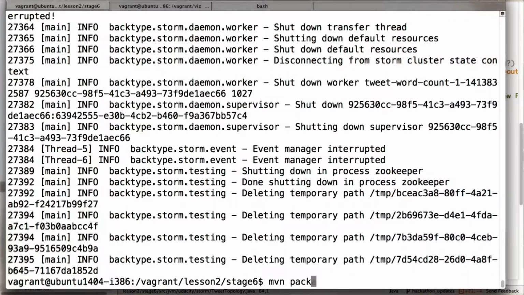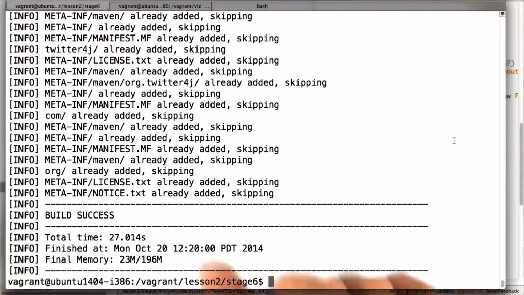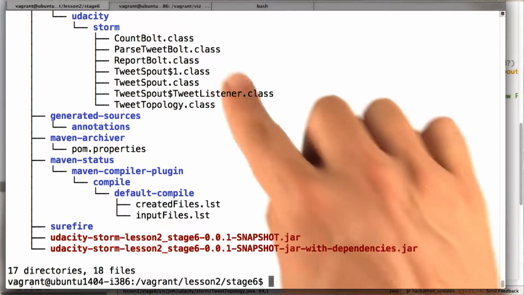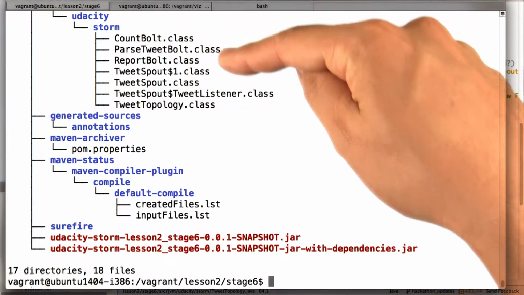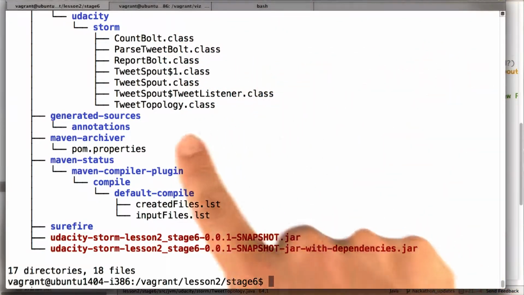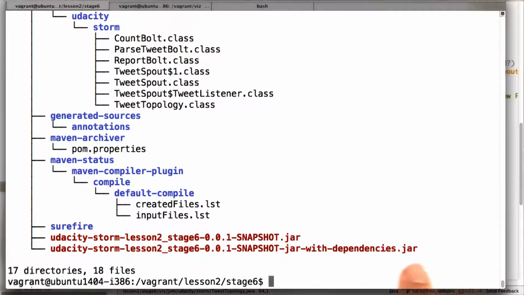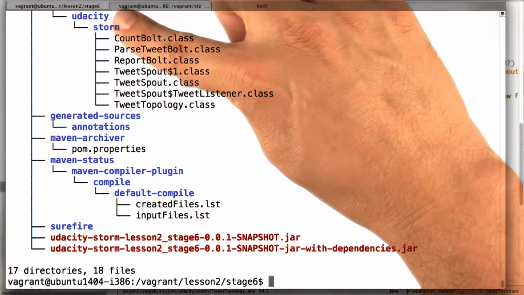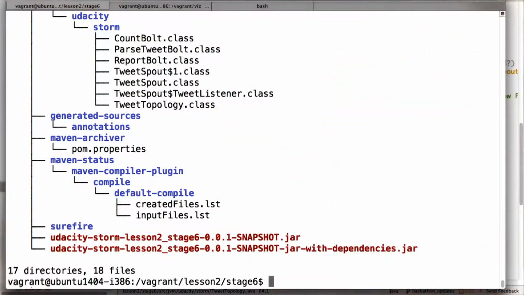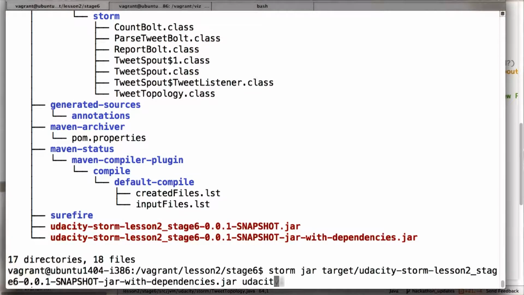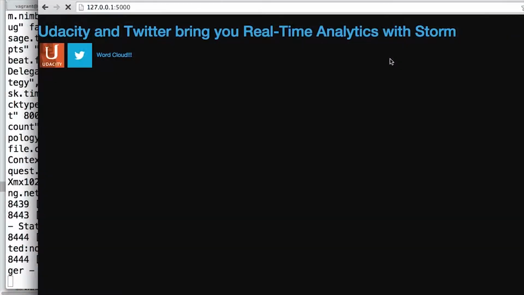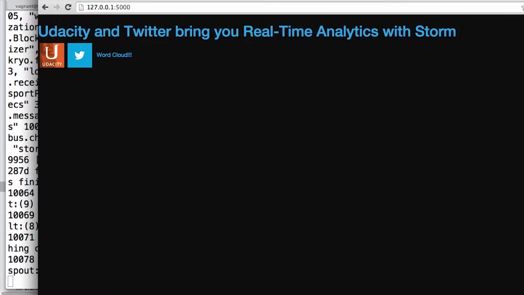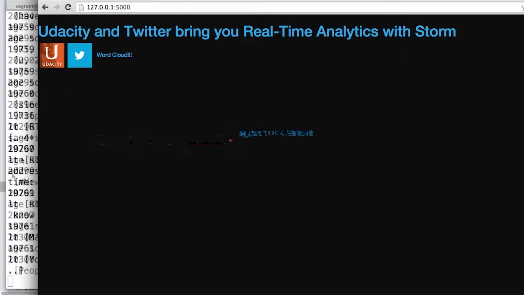We'll maven package. And finally, once we get the build success, we can look at a tree structure. Now we have individual classes and our tweet topology. Remember again that we want our jar with dependencies. Here the structure is storm jar target udacity.storm.tweetTopology. Finally, as storm runs, we come back to our visualization, and we see as the tweets are